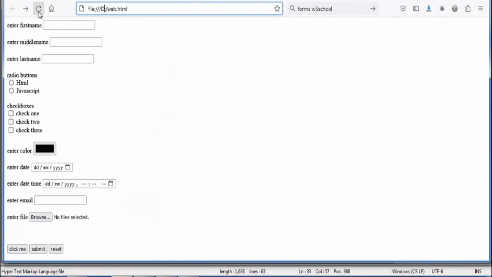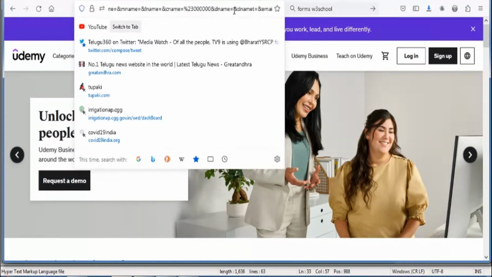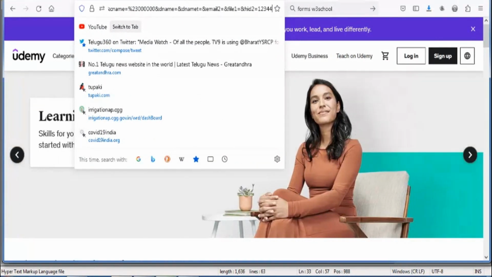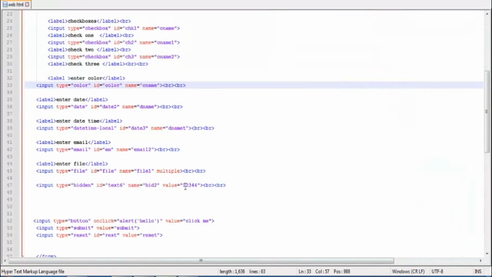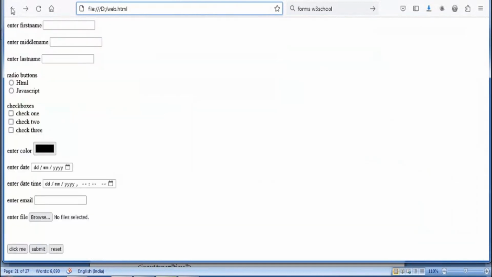Now it shows on the URL. Submit the form. It shows the URL now. See, 1234 HID2 equal to 12344. Value equal 1234, hidden name, value equal to this one. So here name equal to value, name equal to value here. That's it. It won't show on the web page, but it shows on the URL what the form submitted to the server. And next thing is,